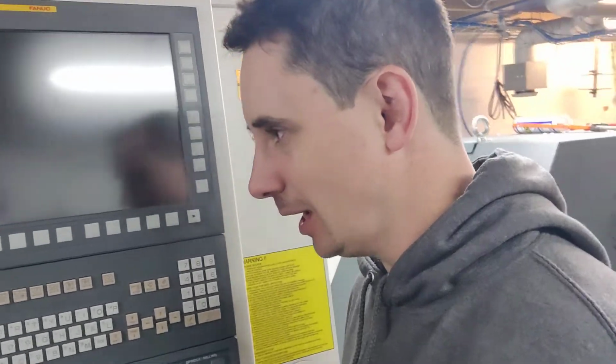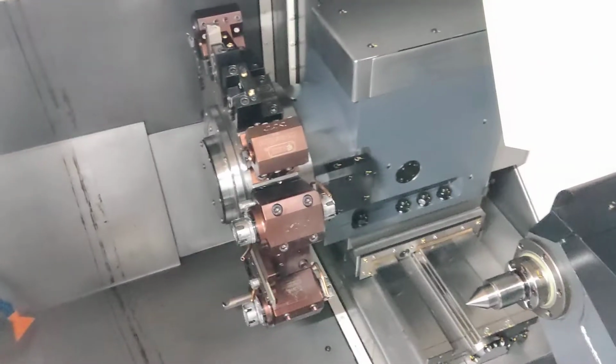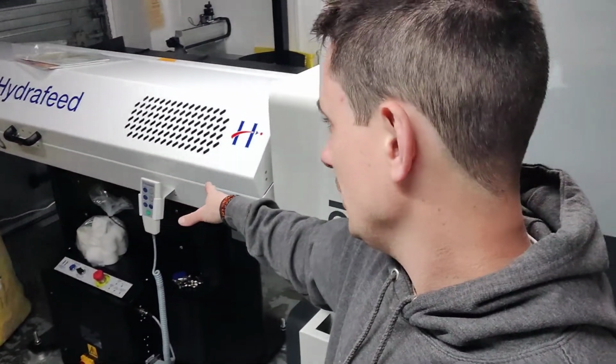Tooling's become a lot bigger, and I'll just show you inside. So you've got a much bigger turret, and there's a lot more room between the spindle, and the bar's a lot bigger, etc. This is being changed in May. I won't go through the specifics, but it's being changed in May. But yeah, we've got a nice hydro feed,